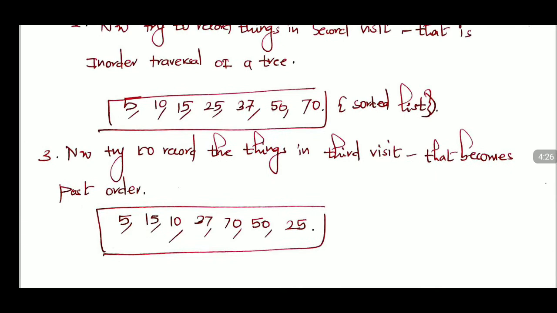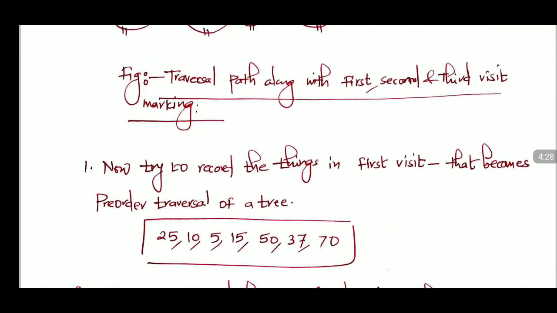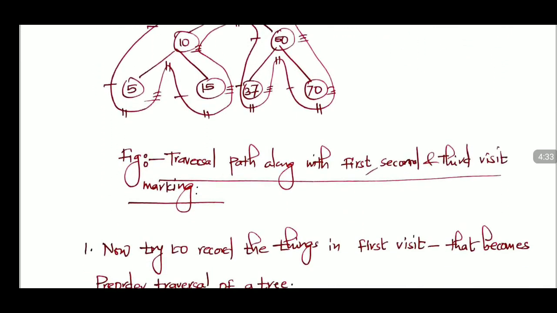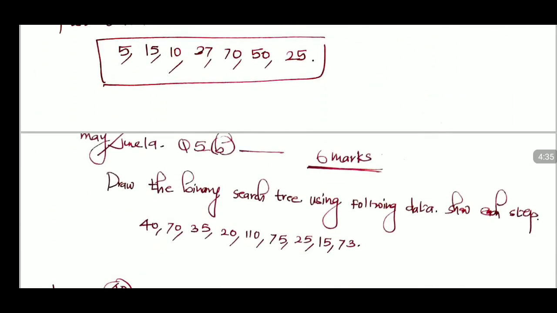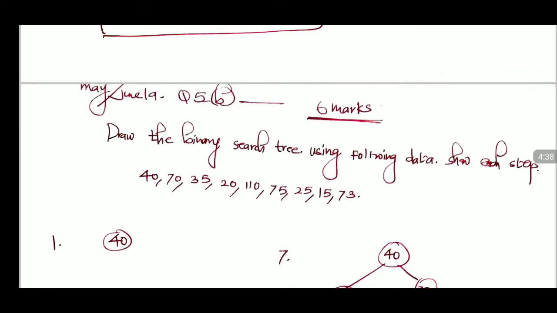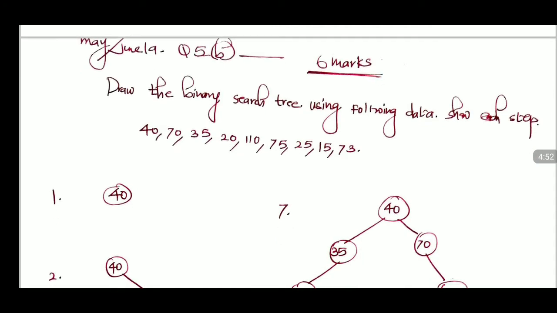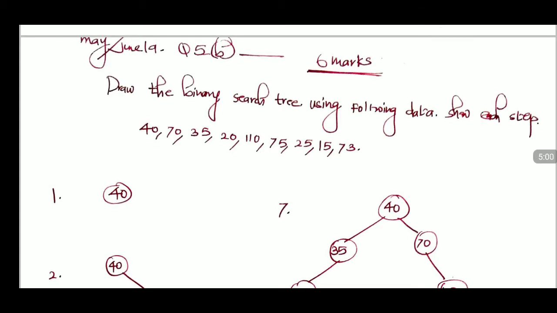Now these are the questions asked in the university examination, and that is for 6 marks. Now we'll go to the next question asked in the university examination. This question was asked in the May June 19 examination, in question 5B, and that's for 6 marks. This question is specifically for drawing the binary search tree using the following data, and we have to show